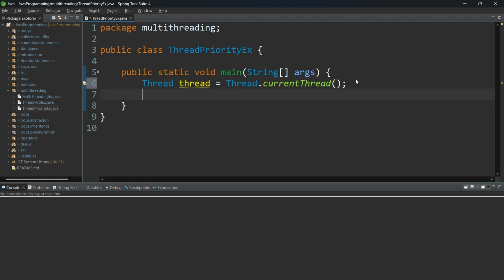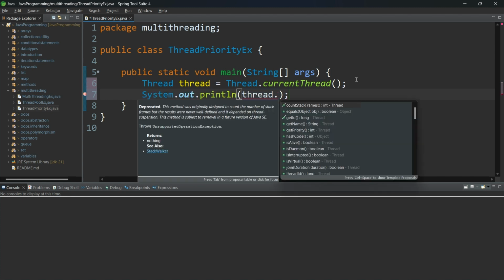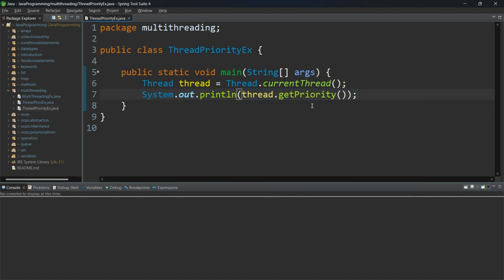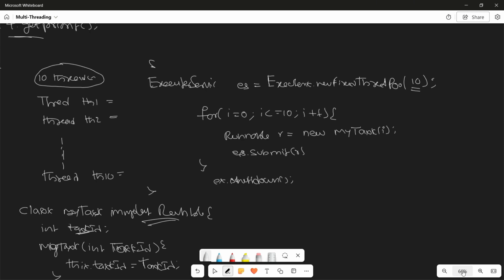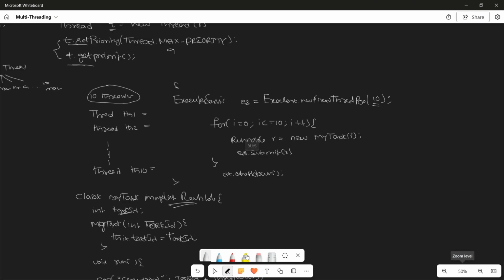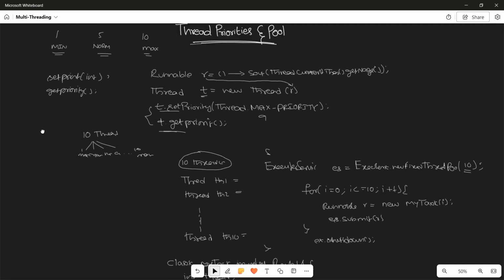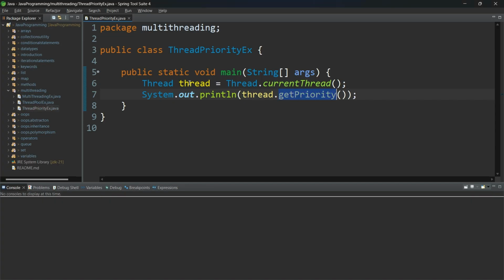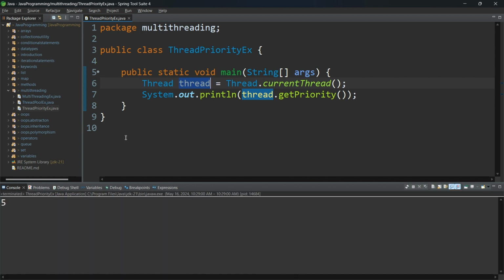If I print thread dot getPriority, that is one of the methods, right? I already explained it here: to get the priority we have a method called getPriority. Once you have a thread reference, we can apply the getPriority method. If I run it now, this is the main thread priority. If you doubt whether this is the main thread or not,